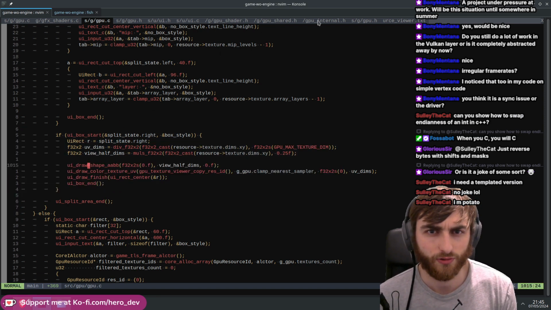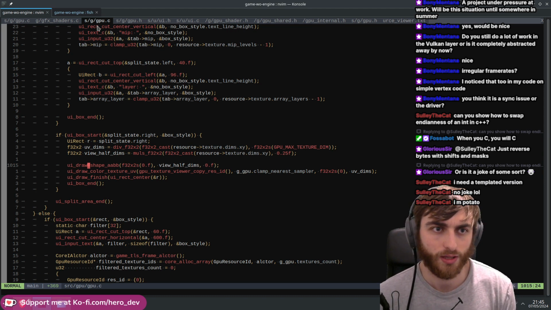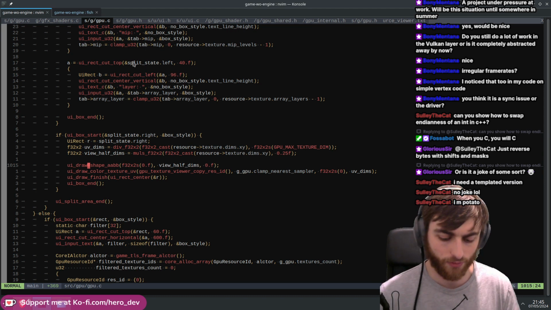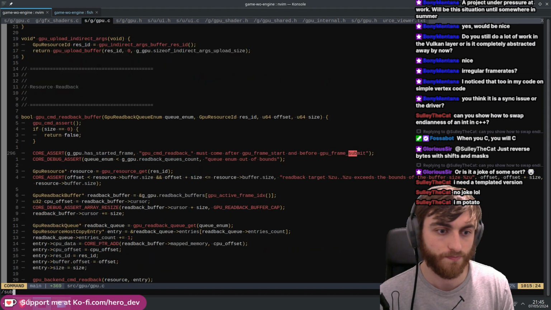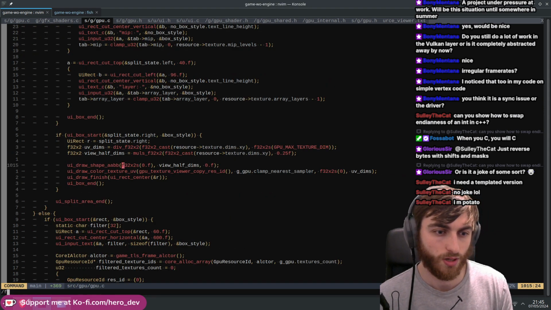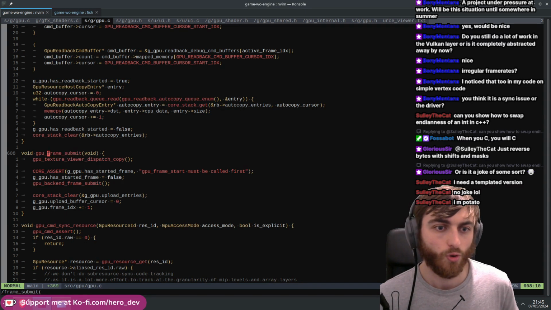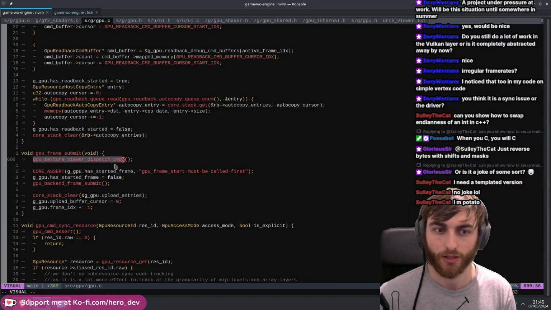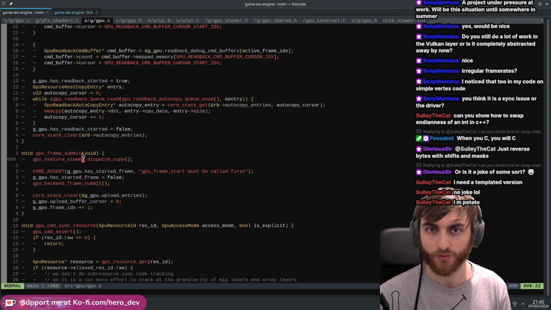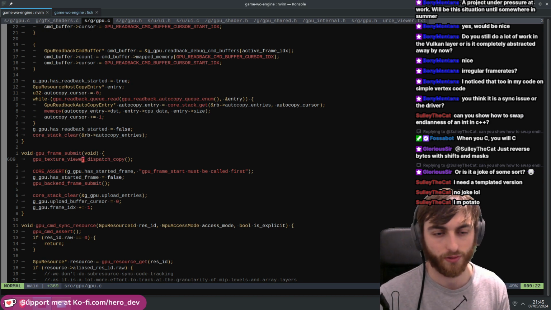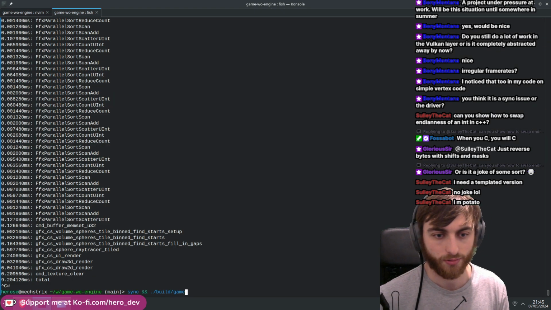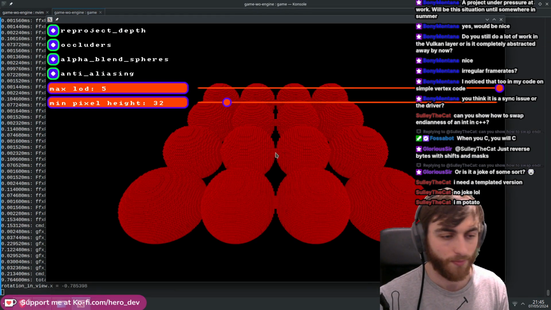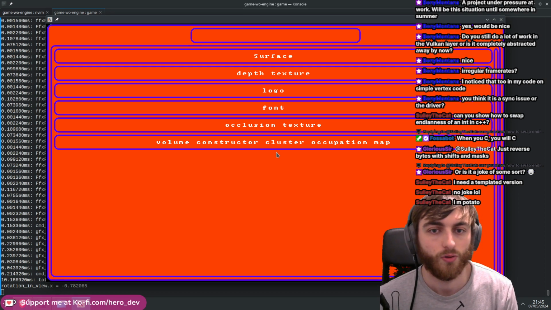So one thing I did actually forget to mention before we run is, for now, at the end of when we submit a frame, we call that dispatch copy for that texture viewer. But we obviously want to insert this directly after when the resource has been written. But for now, we just put it at the end of the frame because we know there will be something in there at least. So if we give that a run, hit F9,